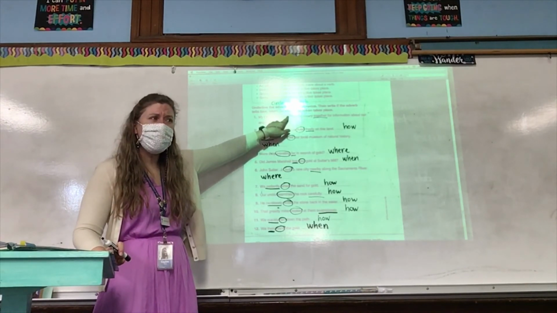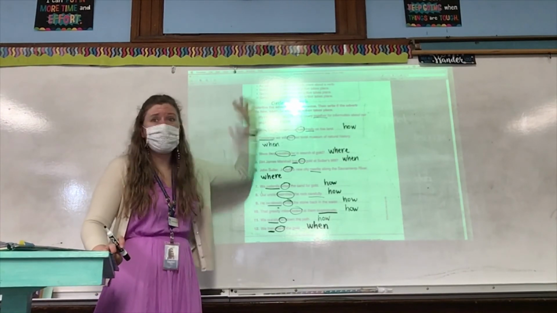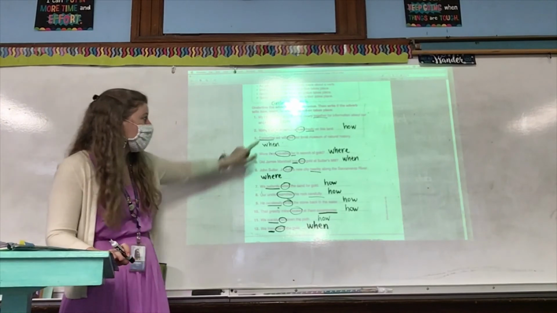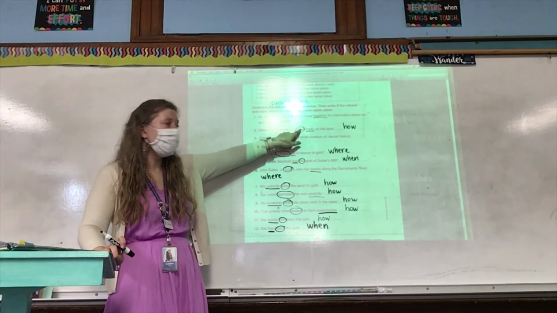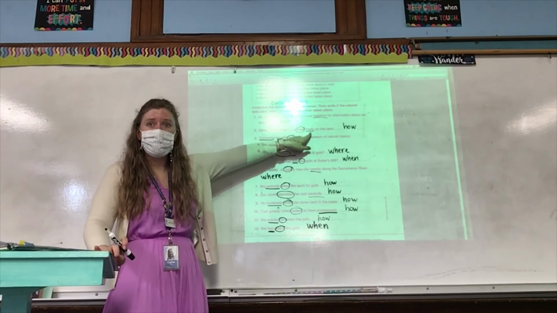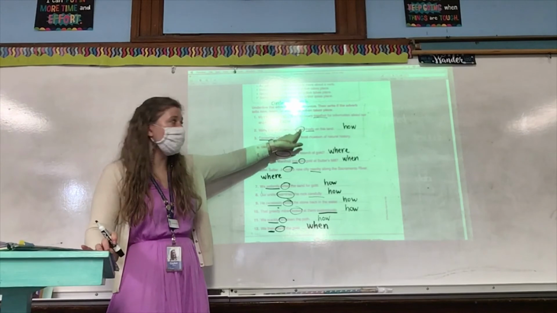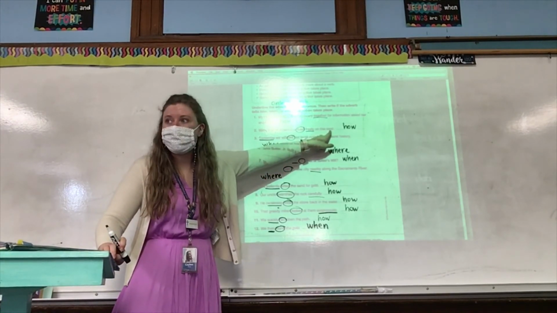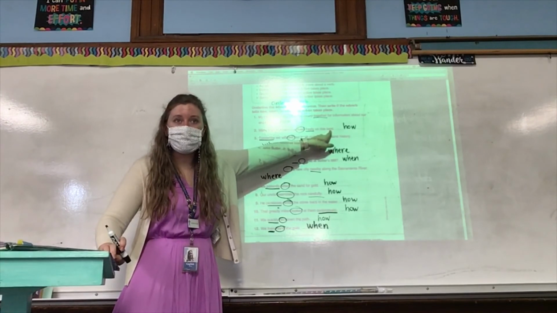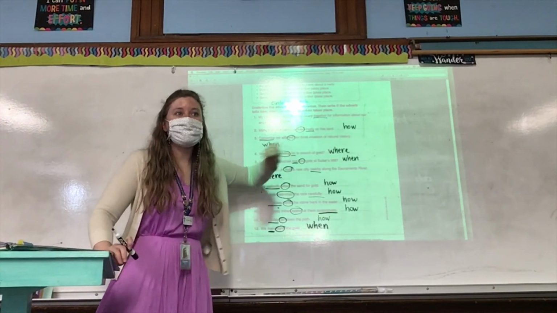Where did I go? We can't say library because library is a noun. So that means there is no good answer. Number 2, we need to think. How did they live? There's a good answer, freely. There is no good answer for when they lived or where they lived because land is a noun. So can we say that the answer is where? Is land because it's where? No, because that's a noun.